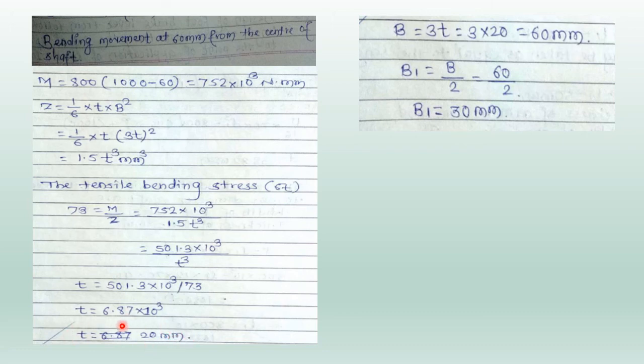Okay, now in the last stage we have to calculate the width of that boss, that is B equal to 3 times t, 3 into 20, that is 60 mm. So this capital B is the value near the boss, and near the pedal end we have to take it as half, that is 30 mm. So this is the solution of that numerical. We have to follow the standard procedure while designing the foot lever.